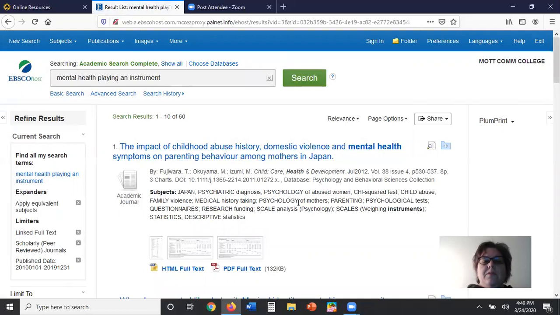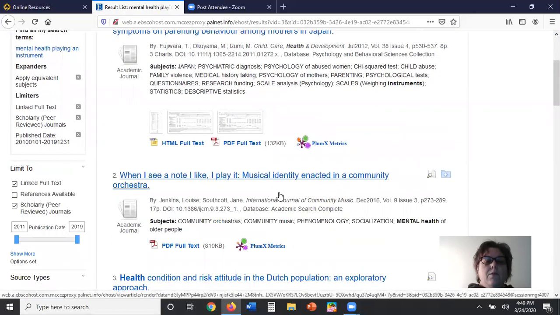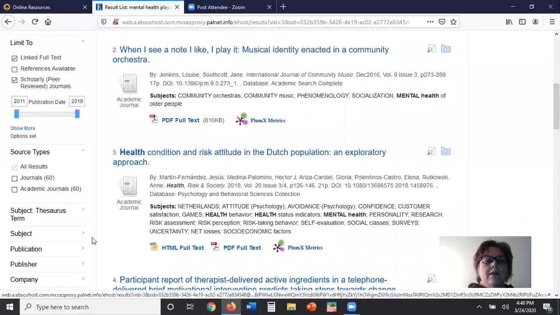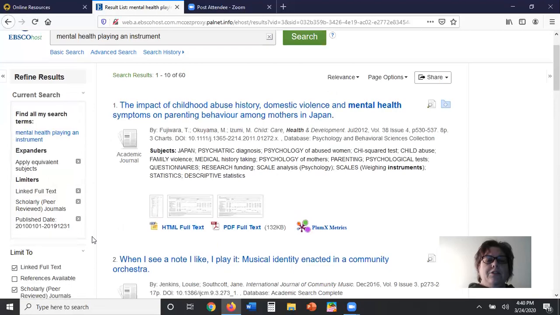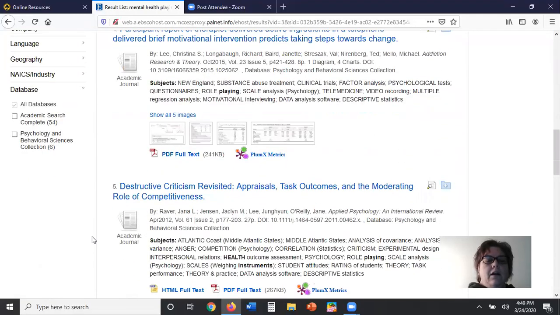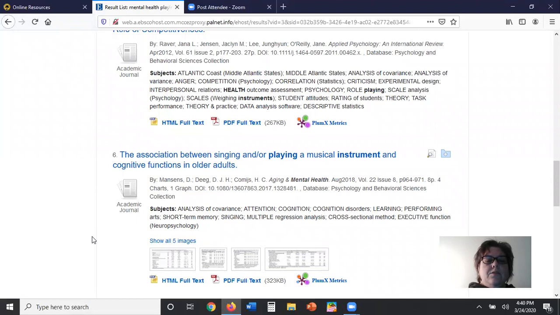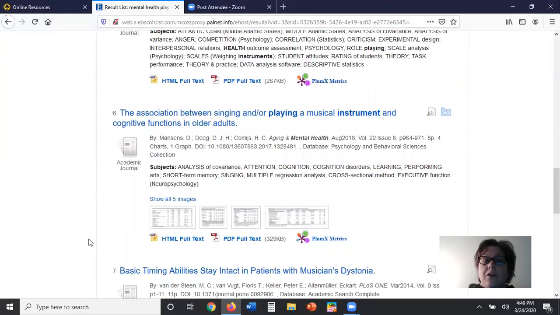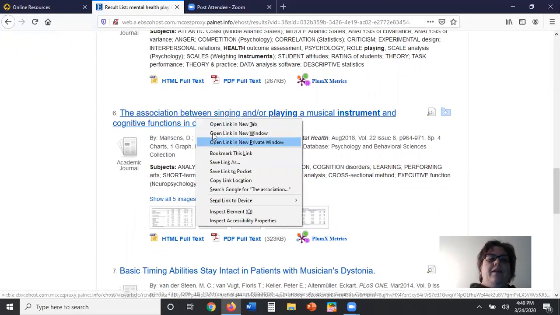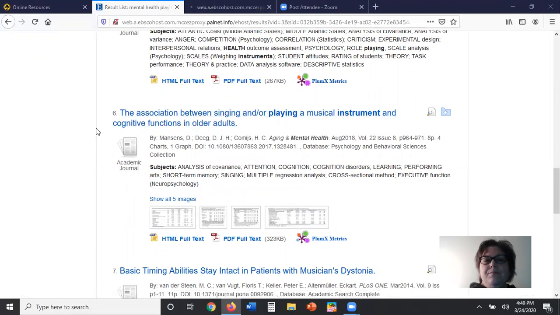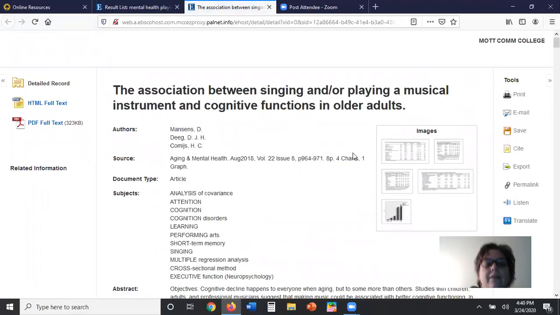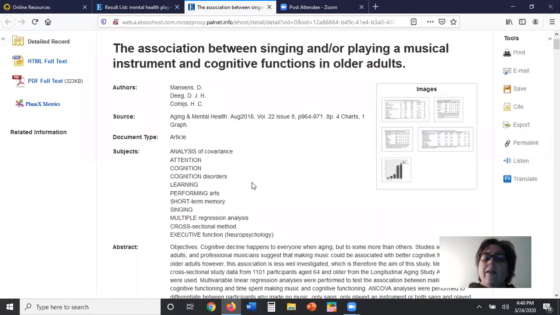The impact of child abuse, history, domestic violence, and mental health. When I see a note I play it, musical identity enacted in community orchestra, health condition and risk attitude in the Dutch population. There are only 60 here again. The association between singing and or playing a musical instrument and cognitive function in older adults. Ooh! Now, you may not be an older adult, but if this is a topic that you are looking at, you're hoping to sometimes eventually become an older adult. And while I am older, I'm not that old. So I'm going to look at the PDF full text